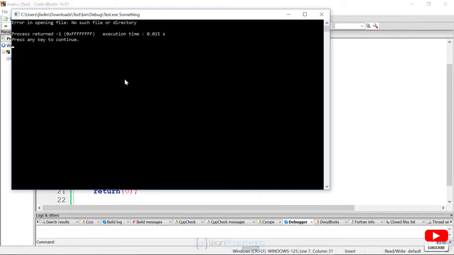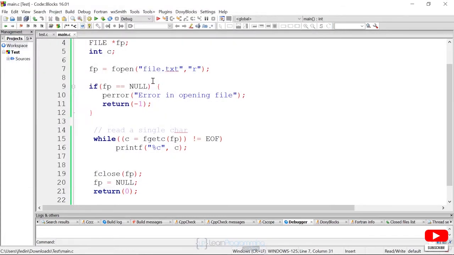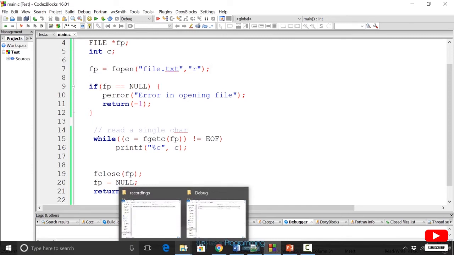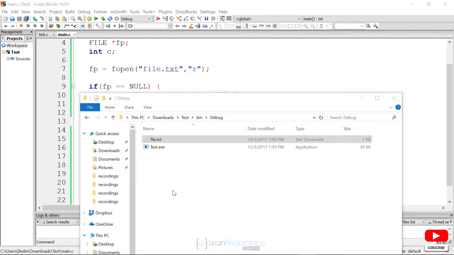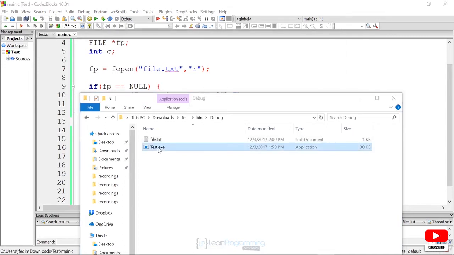We want to make sure it's run. Still not there, so you have to make sure you know where the executable is. Let's try somewhere else. Or better yet, I could just run the executable inside the debug directory, and it should find it there. So if I double click here, it actually doesn't pause. It just